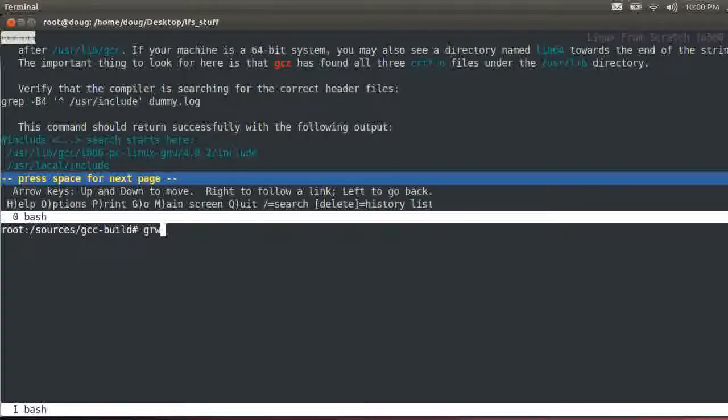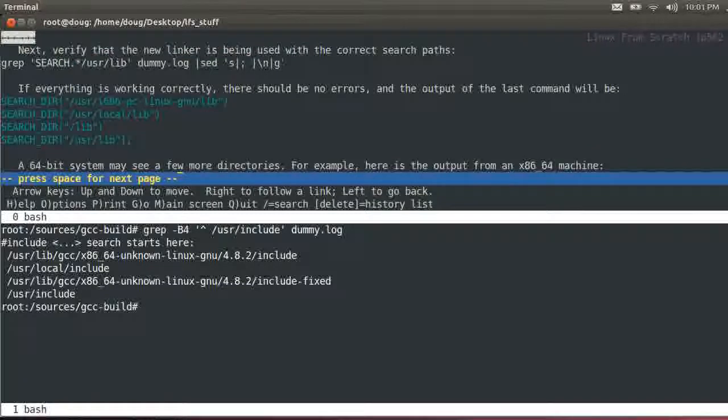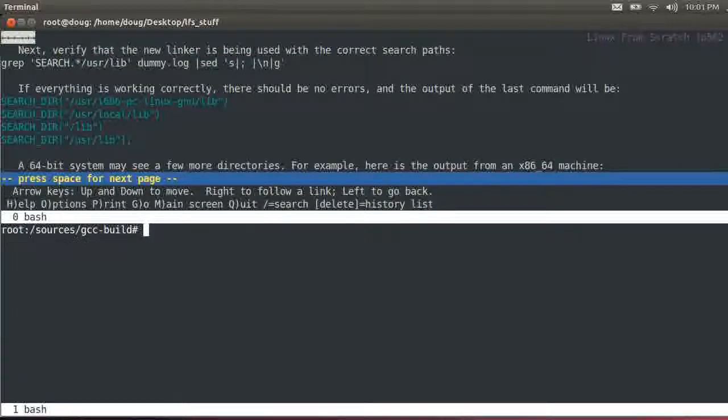We'll say grep -B4 '^ /usr/include' dummy.log. Okay. Another one.